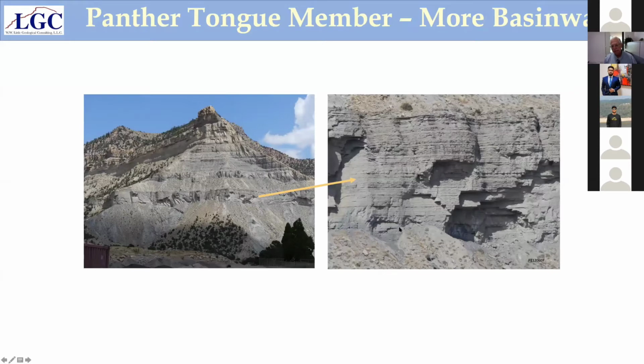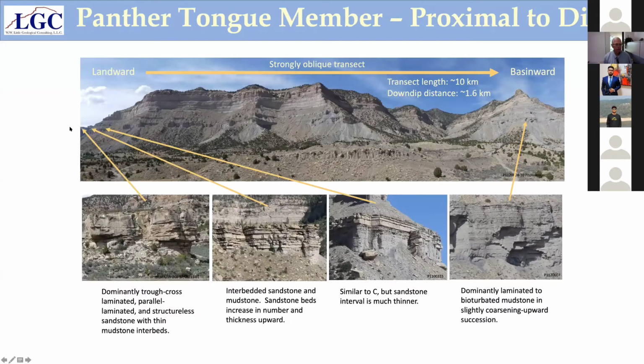And so this is one of the reasons I wanted to talk about the Mancos before, is so that you can see the relationship. And so what you're looking at with those pictures, the distributary channel is back over here. The pictures that I was showing to you of the delta front is right there. This is the delta front in this area. And as we move to the right, the picture down at the bottom, this is the distal part of the delta. And so over this short